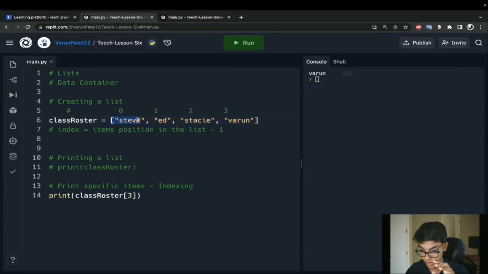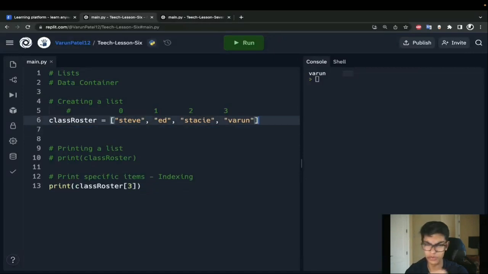So Steve, we want to find its index. Where is Steve in the list? Well, it's the first item, it's number 1. 1 minus 1 is 0, and that gives me that index of 0. And again, you don't really need that formula. That's just a way I wanted you to be able to visualize what's going on with this index.